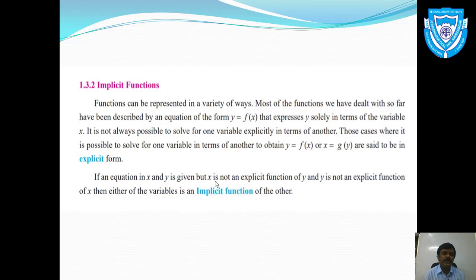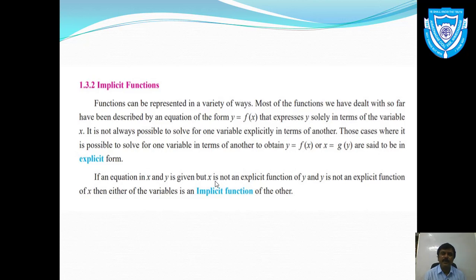अब तक हम लोगों ने जितने सारे फंक्शन का डेरिवेटिव फाइंड आउट किया, जितने सारे फंक्शंस देखे, वो y इज इक्वल्स टू एफ ऑफ एक्स के फॉर्म में है. मतलब y एक साइड में इज इक्वल्स टू, at the right hand side something is there in the form of x or else any other variable. Means such functions are called as explicit functions. अभी तक जितने सारे हम लोगों ने फंक्शंस देखे, all of them are explicit functions.